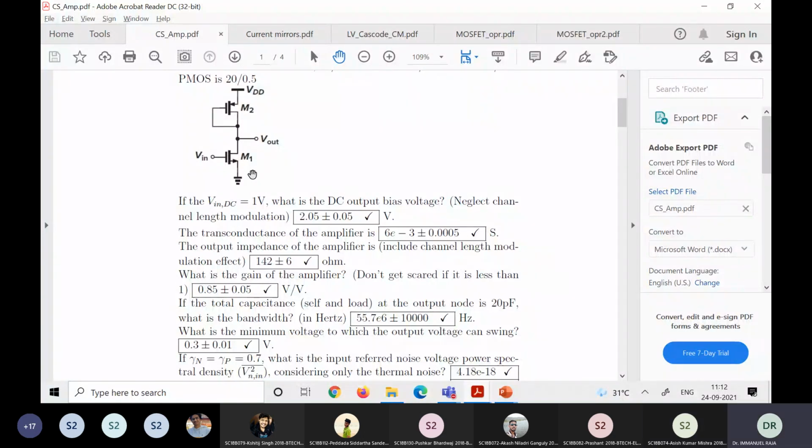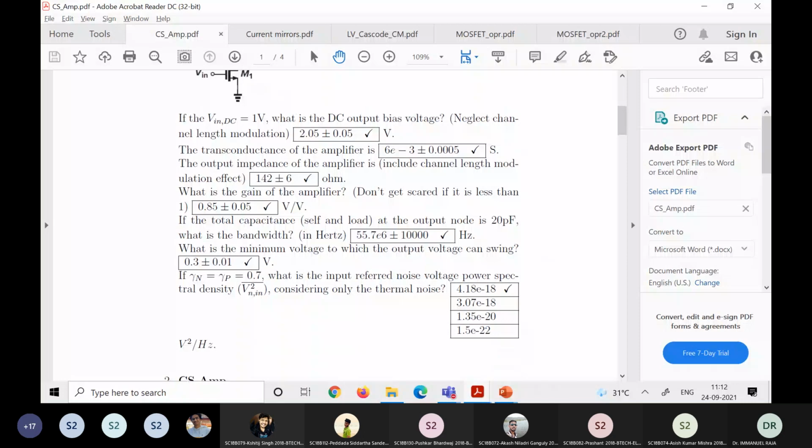So it is 4 kT gamma GM1, 4 kT gamma GM2, add both, multiplied by R out squared, divided by GM squared R out squared. R out squared gets cancelled out. So you have 4 kT gamma times (GM1 plus GM2) divided by GM1 squared. Right? Yeah, somebody had a question?